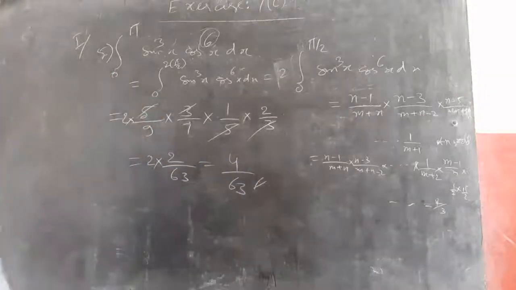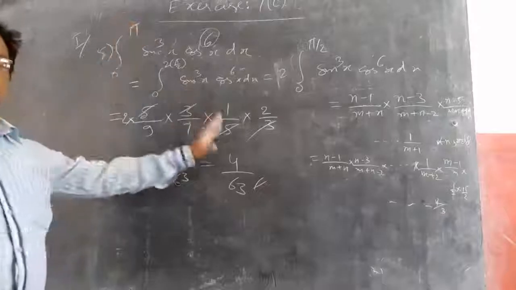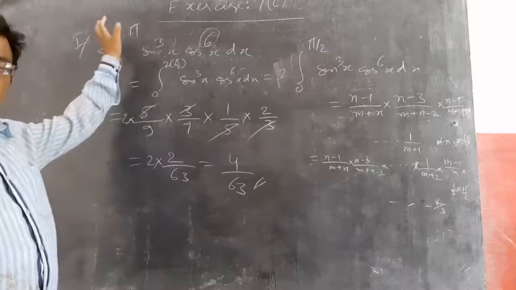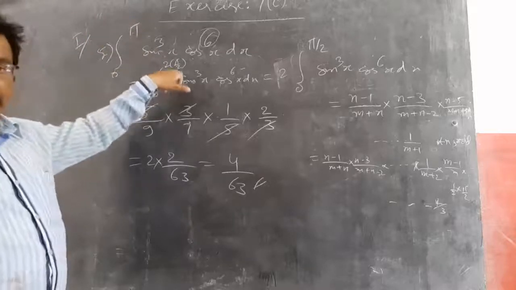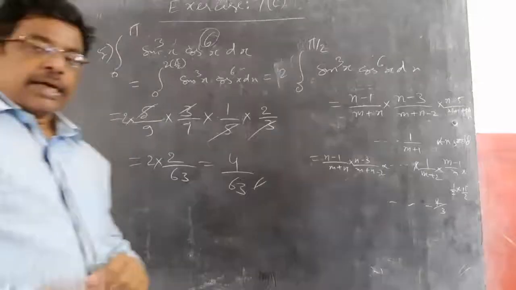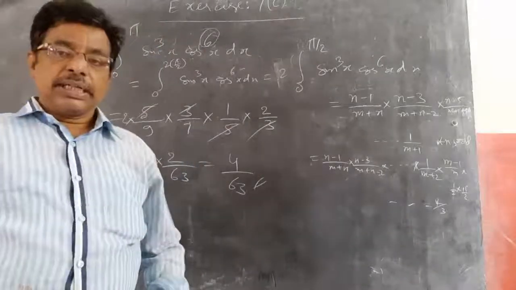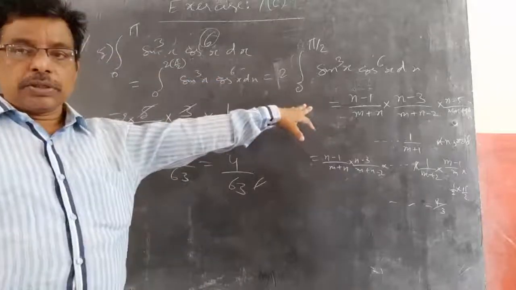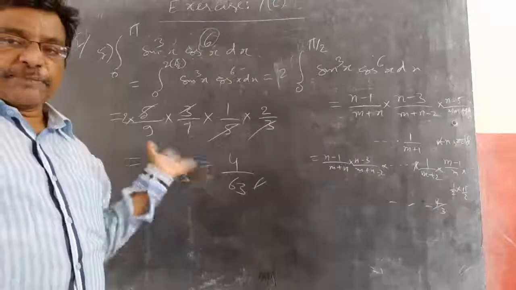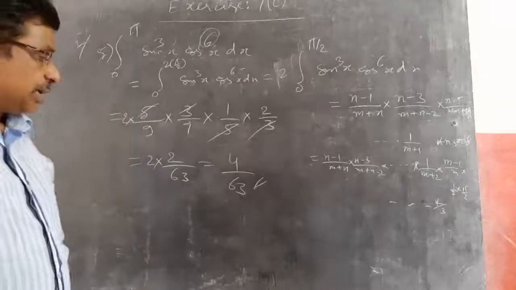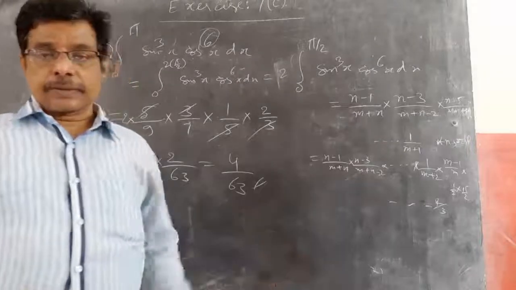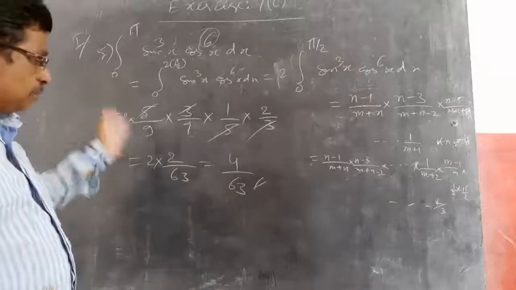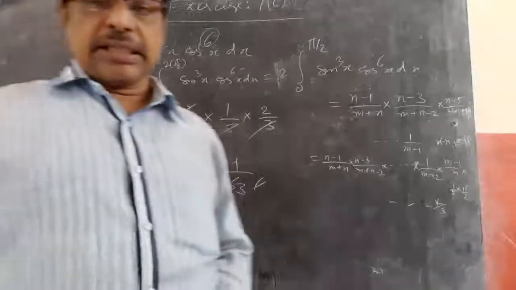Same, observe, if instead of pi by 2 it is giving pi, we'll do like the 0 to 2a formula. If it is 2 pi, again the same 0 to 2a formula will apply. 2 comes here, it becomes pi. Again 0 to pi formula, 0 to 2a formula, pi means 2 into pi by 2 will do. Then you will get the 0 to 2 pi answer also. So like this, basic is 0 to pi by 2. So you convert into that basic formula, if it is pi to pi like that, then automatically you will get the 0 to pi by 2 value. So, if it is 0 to pi, then the answer is 4 by 63. If 0 to pi by 2, 2 by 63. Simple logic. So, like this, we can continue.